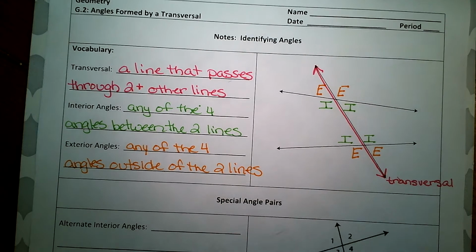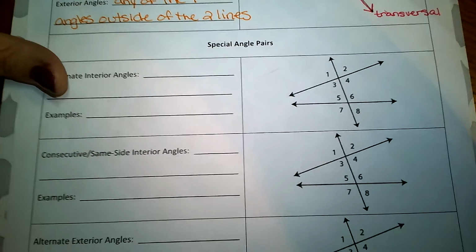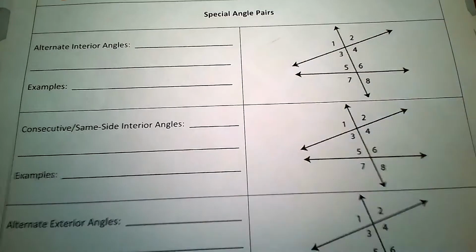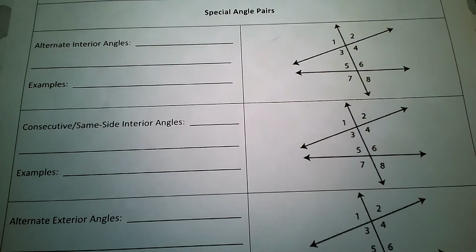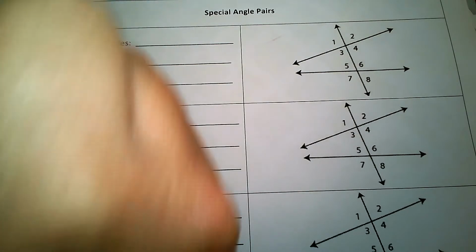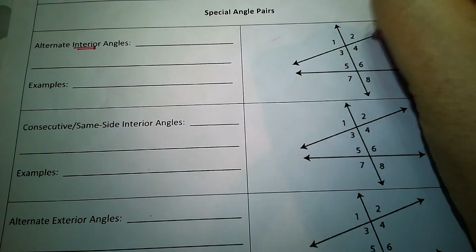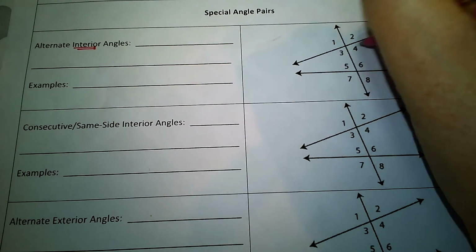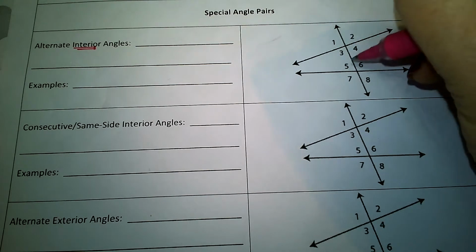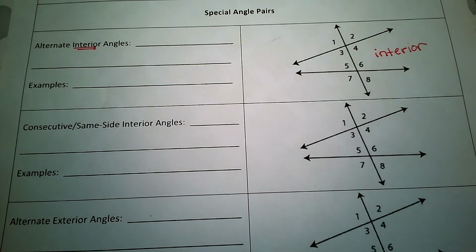All right, we've got all these special pairs of angles coming. The first special pair of angles that we're going to learn about is called an alternate interior set of angles. Now we've got interior here in the title. For interior, you're checking out one of these 4 angles: angle 3, 4, 5, or 6, because this is the interior space. The word alternate